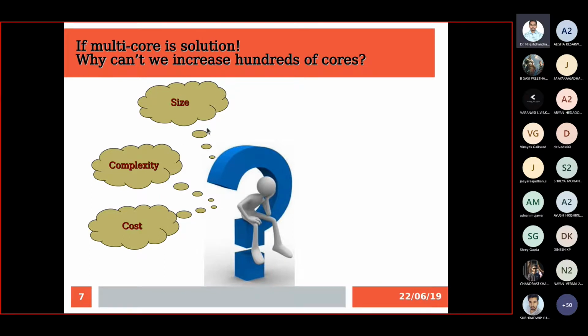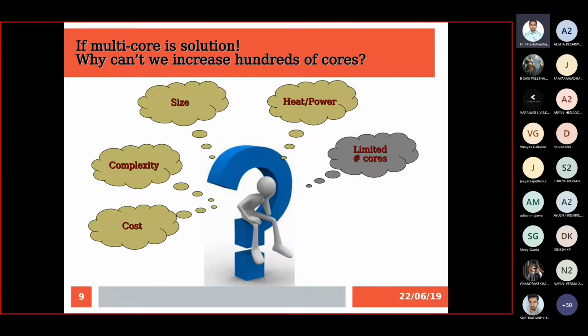So that is another problem when we go for more number of cores on the CPU side. Next, heat and power. We have seen the limitation of a single core also. If you increase the clock frequency of your single core, then obviously it will start dissipating more heat. Now imagine you have hundreds of cores present in a single cabinet on a single board, and every core is dissipating some amount of heat, and that will increase the overall temperature of your entire device. So that's why you need a more powerful cooling solution.